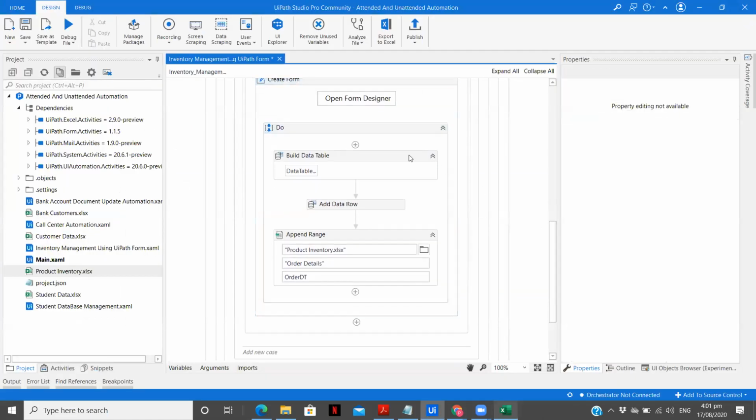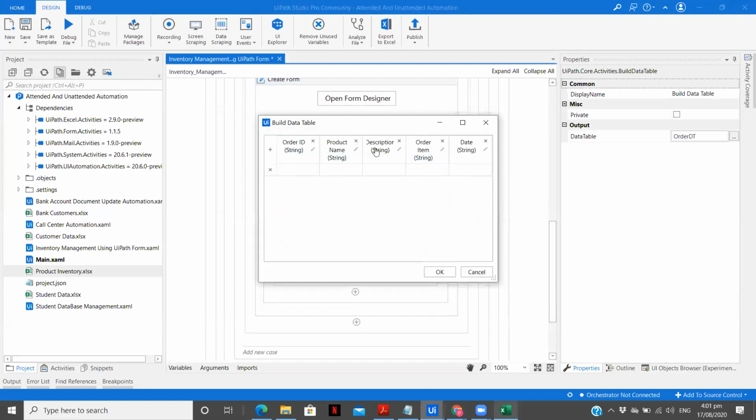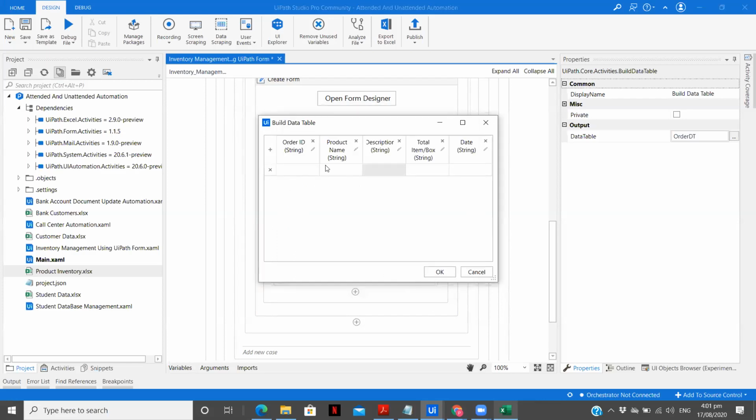And after that, once that is done, we are building a data table: order ID, product name, description, order item. So instead of order item, this can be total item. And all of them are strings.